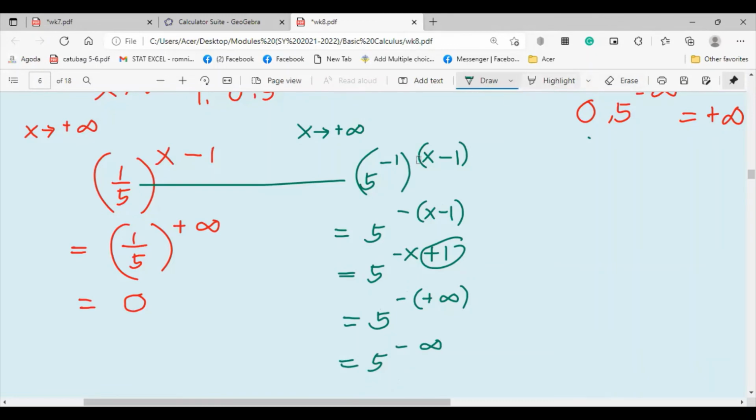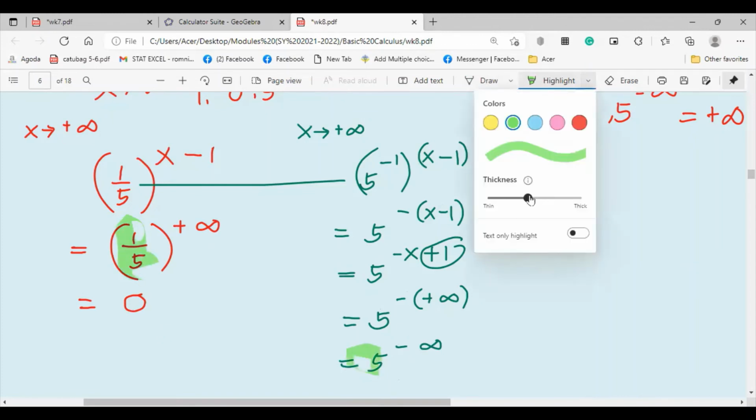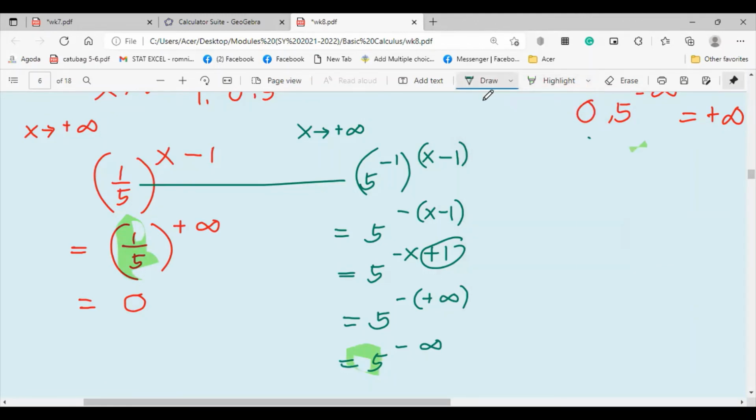Ang gusto kong i-emphasize dito, class, tinan nyo yung ginagawa. No? Ang base natin dito, 1/5. Pero ang base mo dito ay 5. Ano ang assumption? Pwede nyong gawin na i-rewrite nyo from 1/5 magiging 5 siya. So dito, ang ginamit mo dito, yung rule ng a that is greater than 1. Ito naman ang rule ng a that is between 1 and 0. Specific kasi yung rule, class, na sa base a ka mag-focus, sabi niya. So, pero pag ginalaw mo yung base, from 1/5 nga, ginawa mo ng 5, using the rule of exponent, maapektuhan